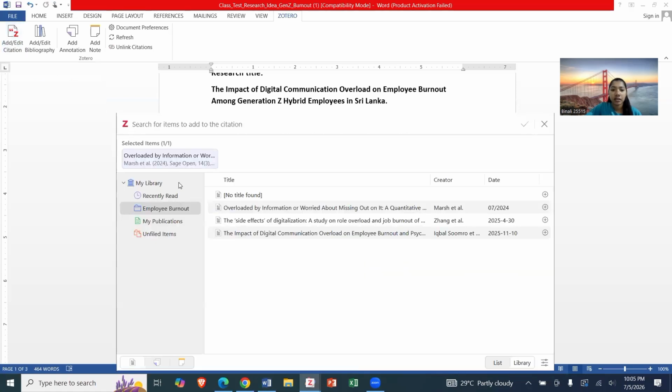Then you can see all the related research PDFs in here.